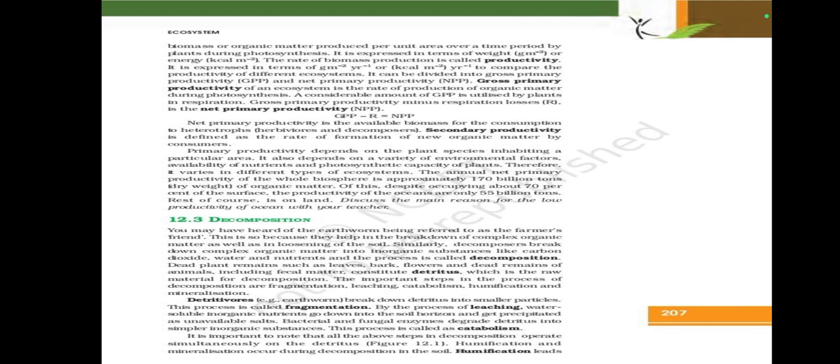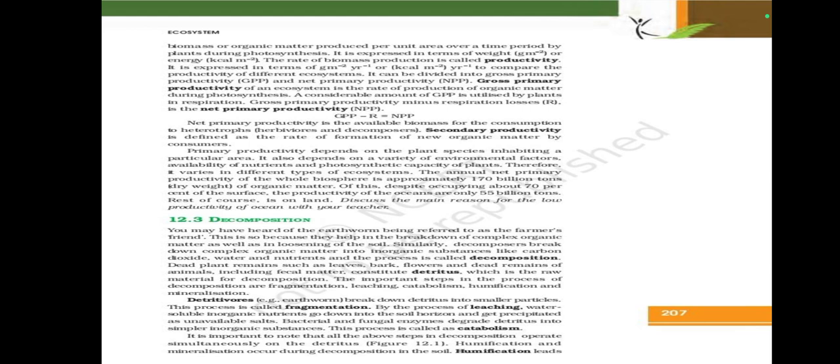decomposers break down complex organic matter into inorganic substances like carbon dioxide, water, and nutrients, and the process is called decomposition. Dead plant remains such as leaves, bark, flowers, and dead remains of animals, including fecal matter, constitute the detritus, which is the raw material for decomposition. The important steps in the process of decomposition are fragmentation, leaching,